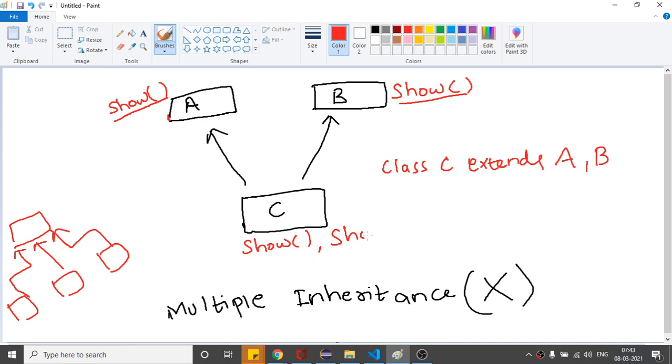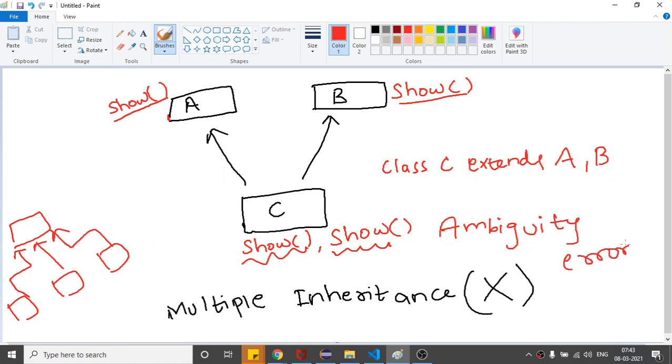As a human being as well, we are also confused which method I should call, whether it is from the class A or from the class B, right? So this is called ambiguity error, which means the compiler will confuse and it will throw you a compile time ambiguity error.